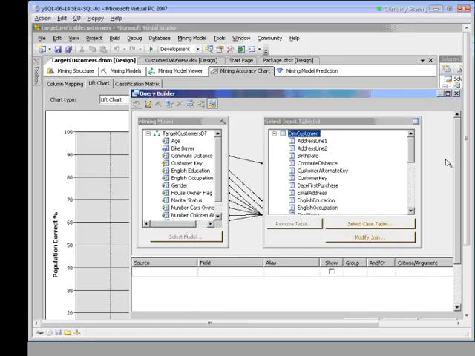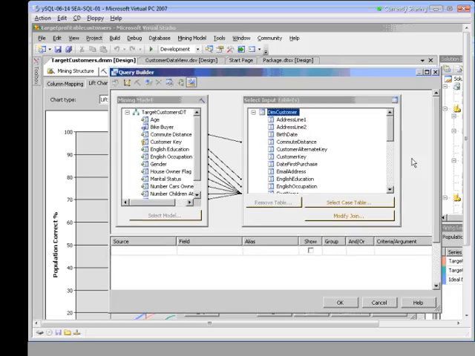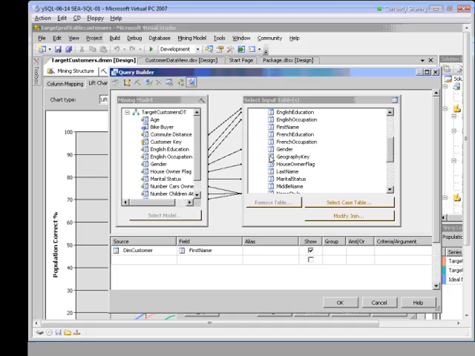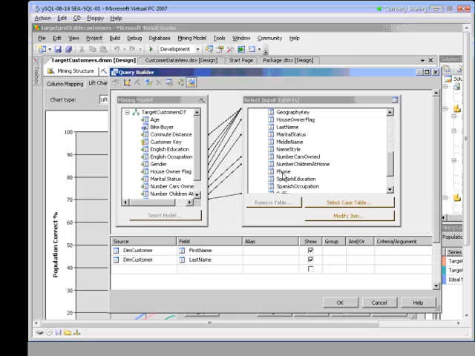And now we need to build the columns that we want in our report. Okay, so let's walk through this. The first name, let's do that. Drag it to source. Let's do last name, drag it to source. And of course, if this is going to be a call center, we've got to give them the folks' phone number. So we're going to take the phone number, drag it to the source. Okay, so there's my first name, last name, and phone number, the typical things that we would see in an output field, right? Now we need to do our prediction function.